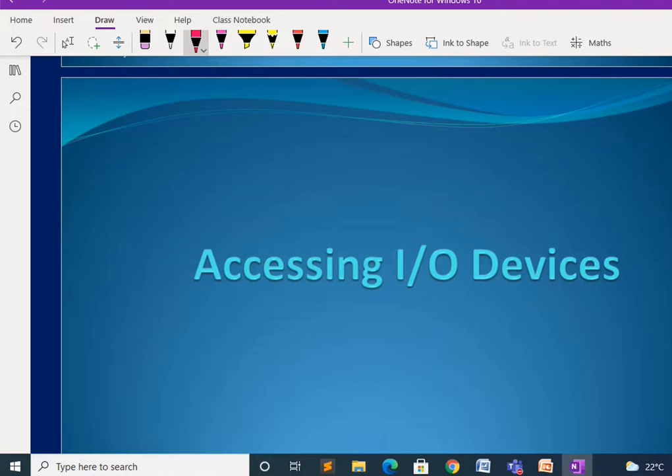So now what happens? Whatever the IO devices, they are connected to the bus. Do you think these devices are connected directly? No. There is an interface between these IO devices and the bus. With the help of this interface, it is going to connect to the bus. And how this interface is going to work, that also you're going to learn in this module in detail.